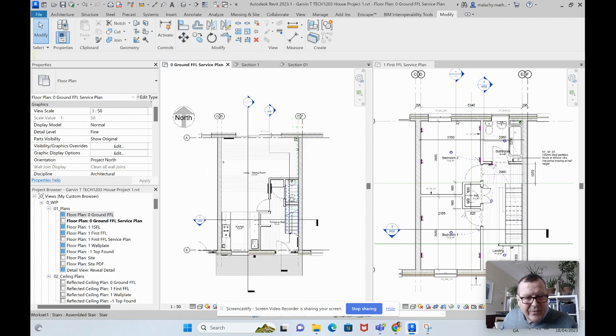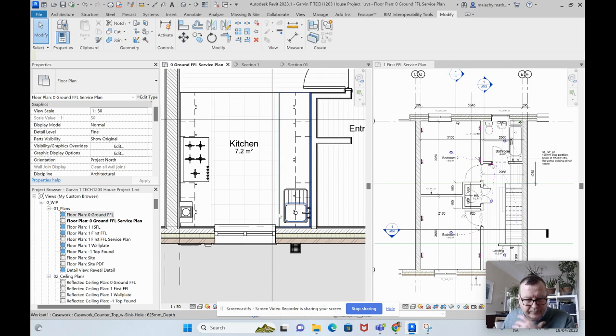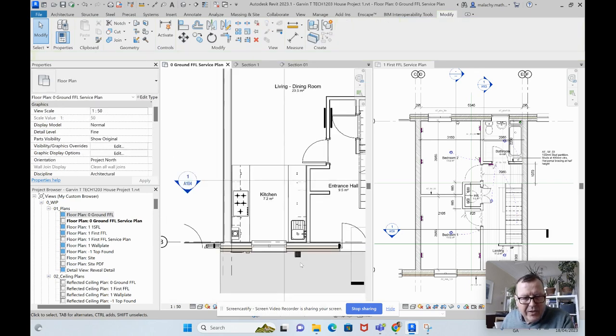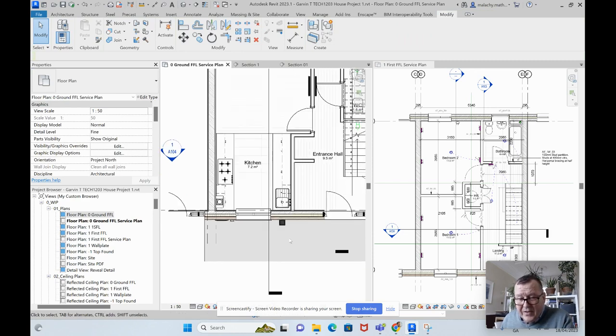Okay, so that's so that drainage is going out that way. Now we've got drainage here, and that is my back inlet gully trap. I think that is a family, and I've put that into Yammer for you to download. It looks for a surface to go in on, so that's why I created this little